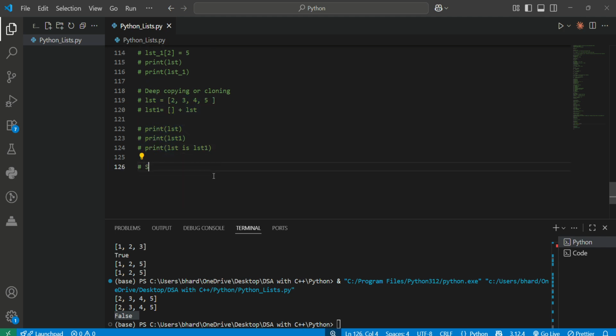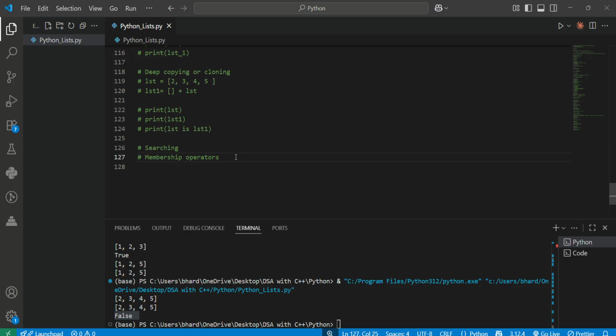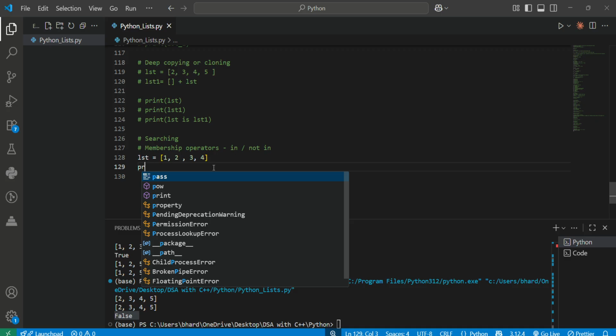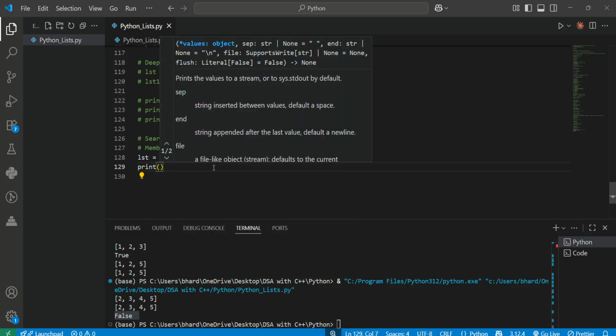Let's try searching. Searching we can do through membership operators. I hope you know the concept of membership operators. Membership operators are basically in and not in. So if we have a list like 1 comma 2 comma, oh my mistake, 1 comma 2 comma 3 comma 4, and we want to check like